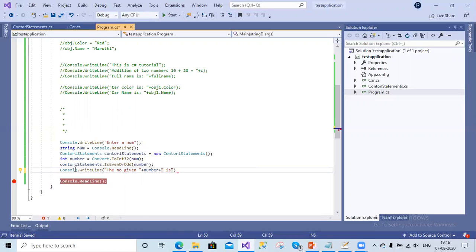Now we will decide whether it's even or odd, right? Here it should display whether it's even or odd. For now, let us print whether it is true or false. This method will be returning a boolean variable, so we will store that here. bool isEven is equal to. This variable will hold whether it's even or odd, so it will get true or false.